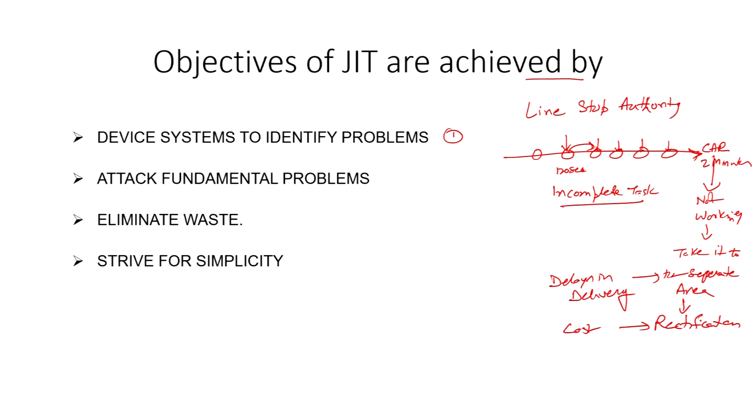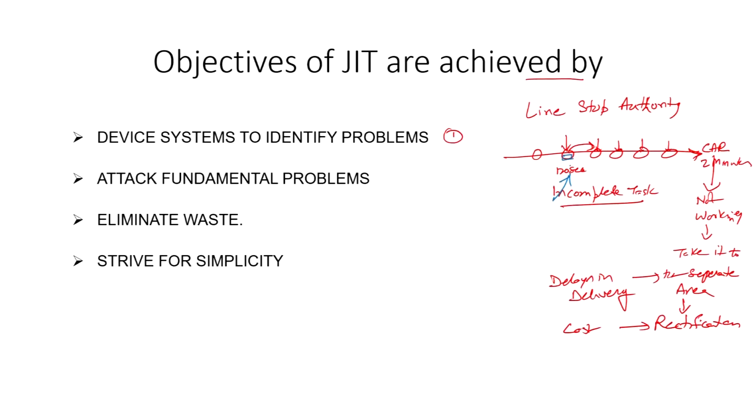What is the alternative in line stop authority? In line stop authority, once this person is not able to complete the task, rather than shifting it as it is, he will put a sticker on it, and he may also stop the complete line, saying that I am not able to complete my task in the given 120 seconds. There is a switch under his command, he can press that switch and stop the whole line. Supervisor and senior management will come and put the sticker on this particular product, so that other persons are not adding value to it.